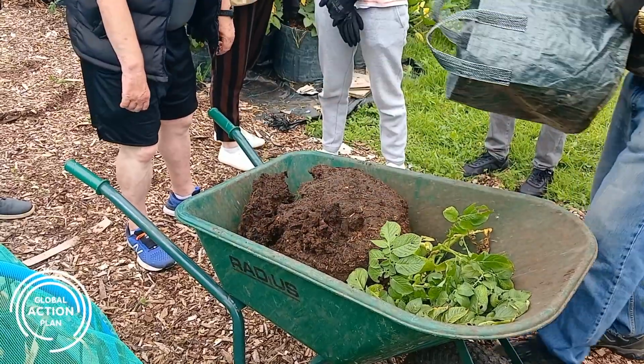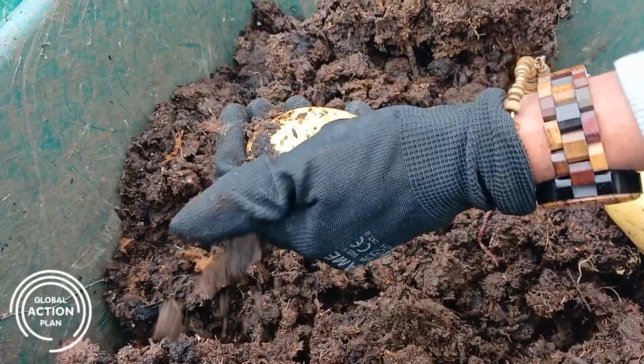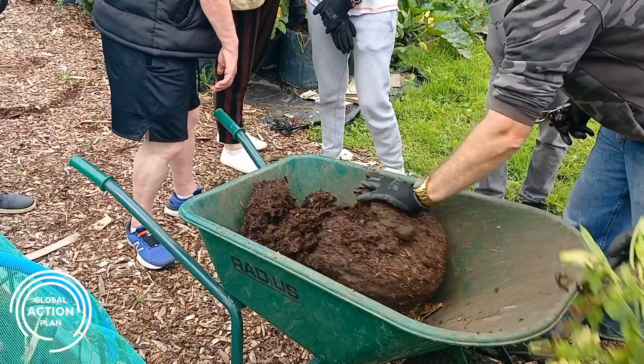Tonight. Oh, there you go. So look, you can just... Another one there. So we have that one there, and down, look at the size of that. Not too... Well, today in the garden, in the Gloucester Community Garden at TU Dublin, we're having a potato harvest